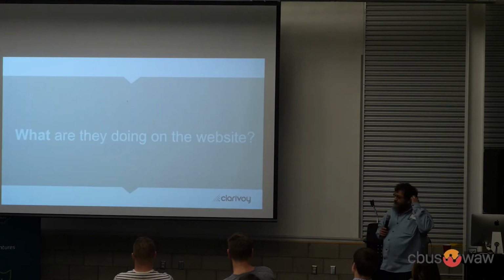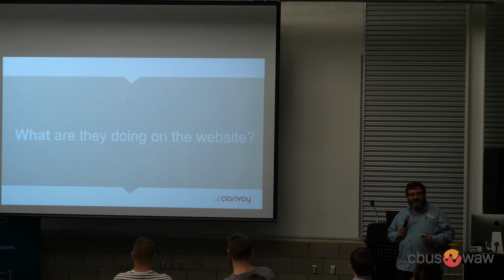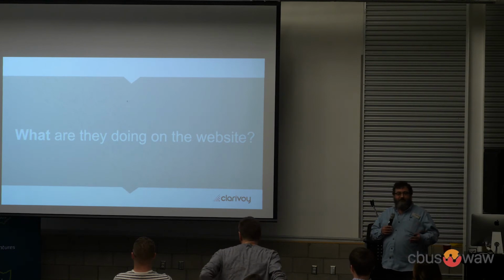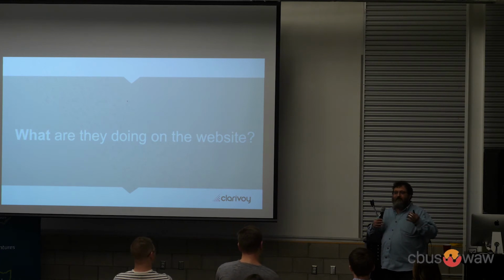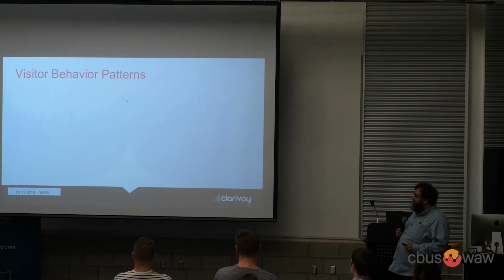So the last of the 3 questions that web analytics people try to answer is, what are they doing on the website? We don't do this very much at Clarivoy. Once we've figured out who they are and what channels they came from, we've got enough to tie sales back to the marketing efforts. And what they actually did on the website isn't really of interest in our product line at this point, but we get a lot of questions about it. I want to know how people are doing on my website. And let's talk about some of that and what we can do there for a minute, since this is one of the big 3 questions in my mind of what web analysts do.